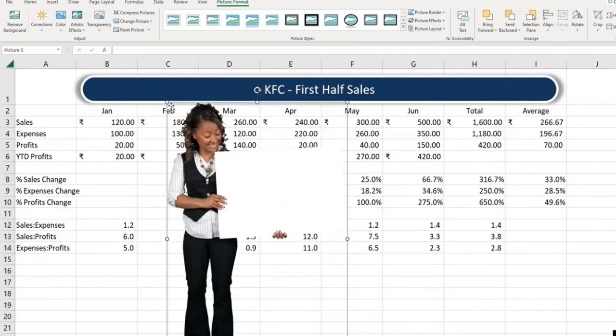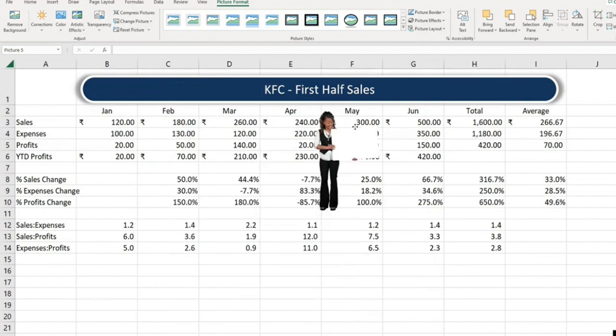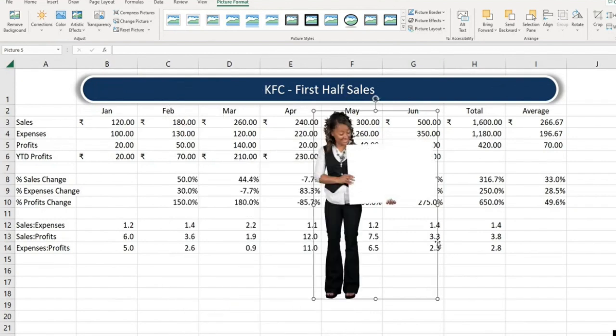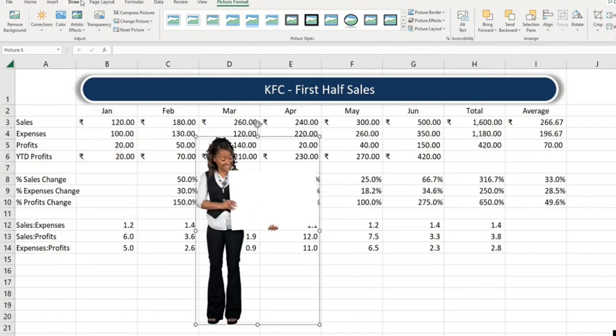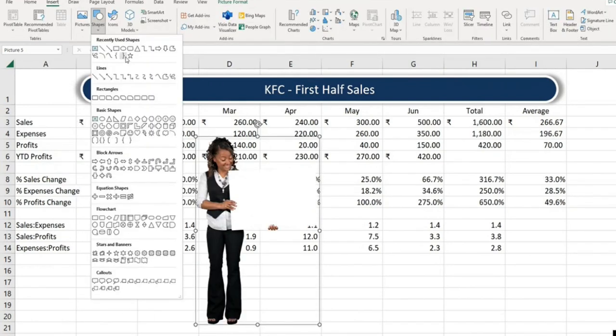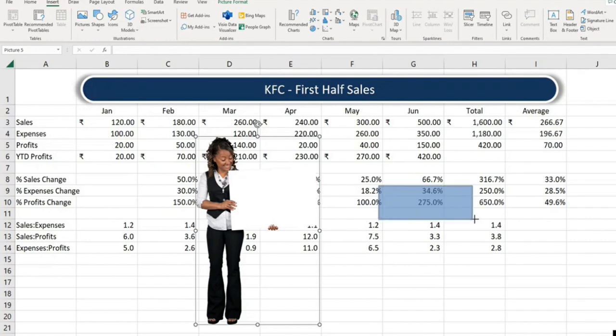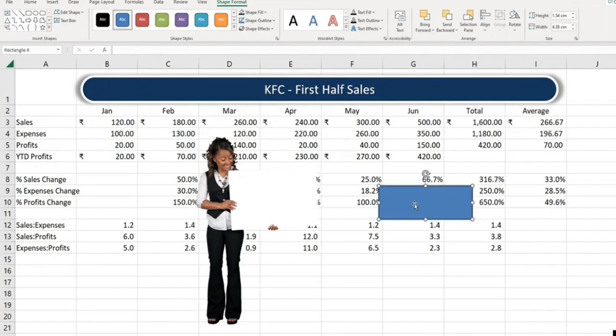And when you're making the picture smaller, always do it from the edge. Don't do it from the center. Maybe how about this one? And we can put another shape here with a text on it. How about this one? And we can type something like